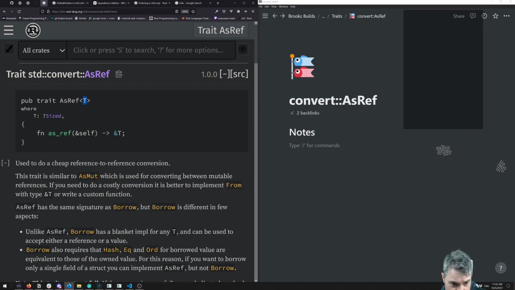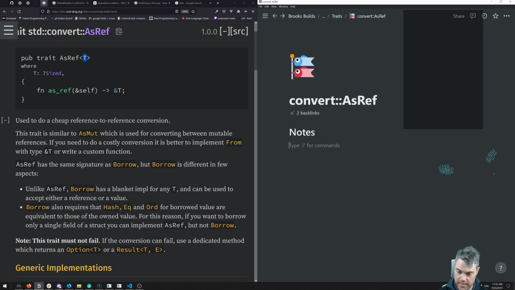Okay, so normally this just does a cheap version of this. So used to cheaply convert from a reference to a reference. That seems weird, that wording. And it's not a borrow. Oh, it has the same signature as Borrow, but it's different in a few aspects. Unlike AsRef, Borrow has a blanket impl for any T and can be used to accept either a reference or a value. Okay, so let's just say similar to Borrow, but